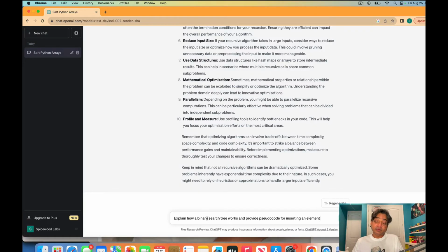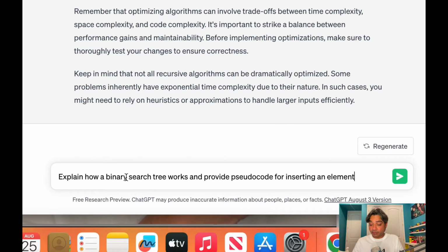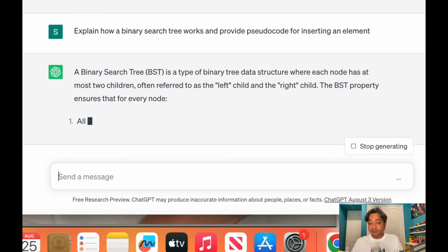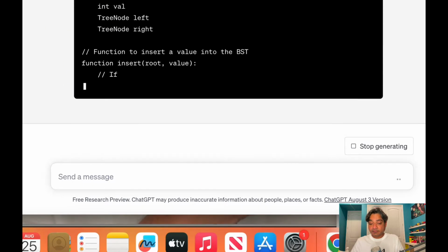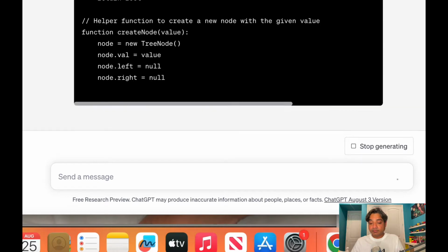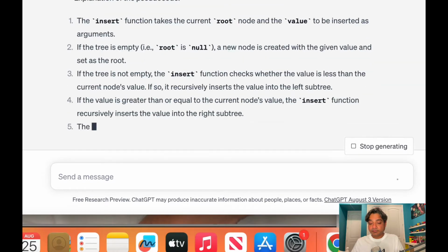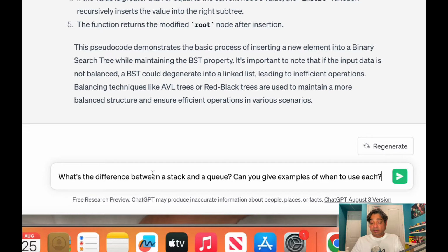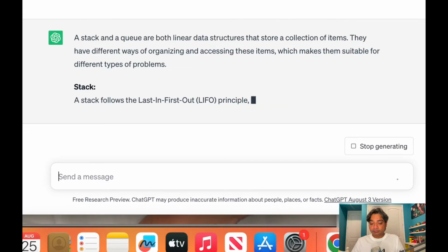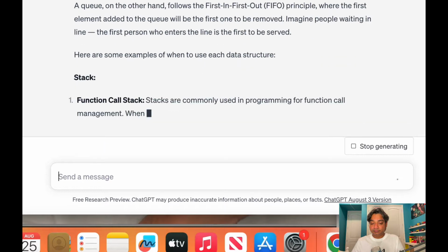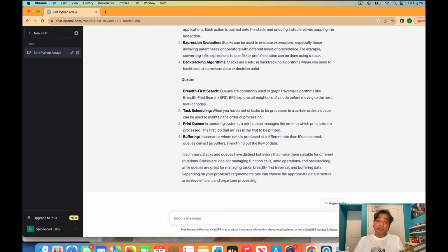I will ask it to explain how a binary search tree works and provide pseudocode for inserting an element. Another example, we'll ask it to explain the difference between a stack and a queue. So there you go. It provides you examples of stacks and queues, and then different scenarios or different use cases,